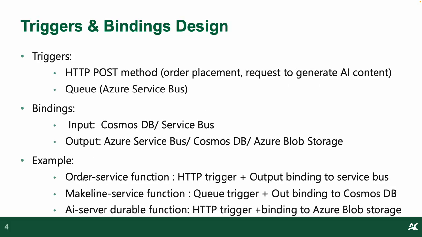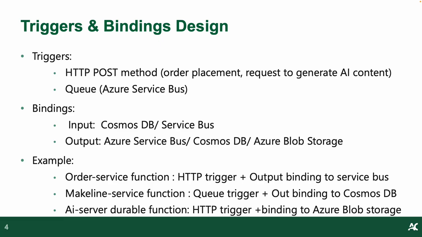For the triggers and bindings, the Azure function that will be used for the order service will be an HTTP triggered function through a POST method. Whenever an order is placed, this would trigger the Azure function, and then the Azure function would have an output binding to an Azure Service Bus, because it would have to send the message to the